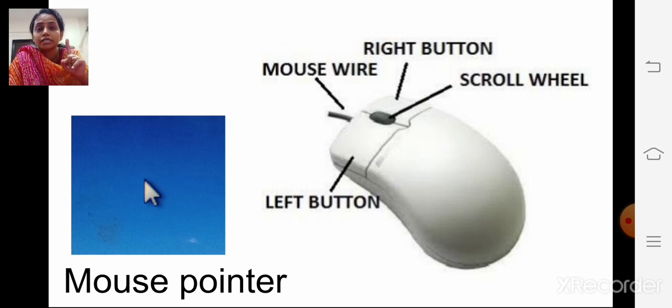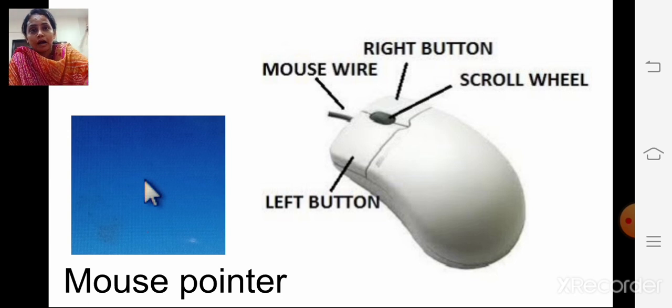One is which button? Left button. One is right button, and in the middle there is a scroll wheel. There is a scroll wheel which you can scroll the page, okay, to scroll up and down using scroll wheel. And left button is there and right button is there.